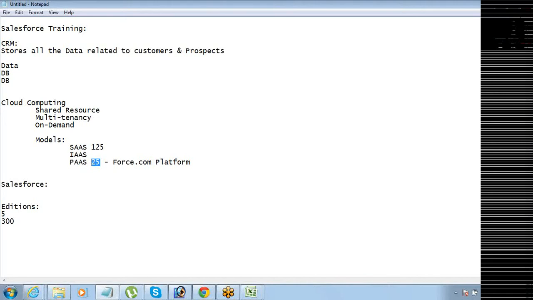Like if you go to facebook.com, does it allow you to develop an application? No, it just allows you to use it. Can you go and change Facebook things? No, you cannot. The same way, SaaS is where they will charge you $125, but they will give you a ready-made thing. PaaS is they will charge you $25, but they will not develop it for you. You go and develop and just use it, right? But any application that you design on the platform is also connected to the infrastructure. So for the data storage, you do not have to worry whether you are using this one or this one.